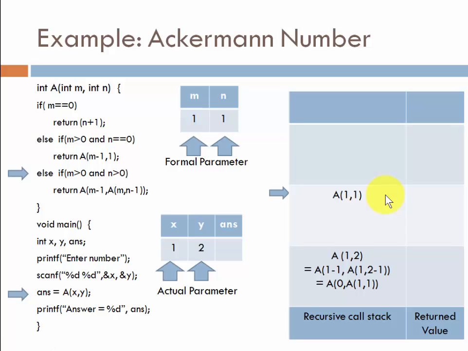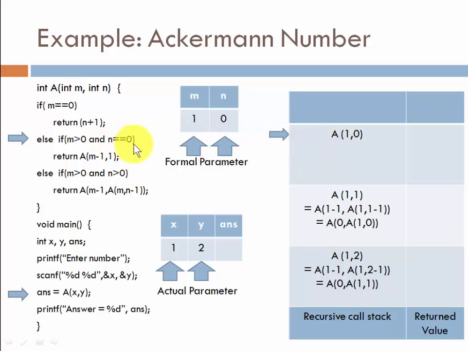Here you can see m and n both are another recursive call. M is greater than 0 but n is equal to the recursive call stack. Now here you will evaluate the second case. M is greater than 0 but n for that it will return value 0. A of m minus 1 comma 1 recursive, that is, will evaluate the second case. So another recursive call for that it will return m is greater than 0 but n minus 1 comma 1, that is 0 comma 1. So another recursive m is equal to 0.